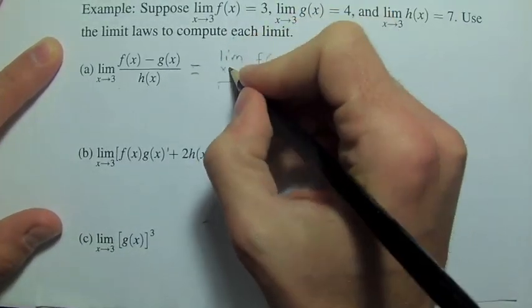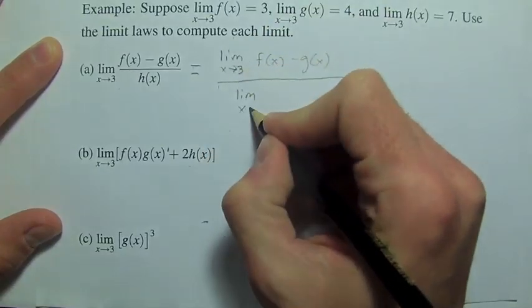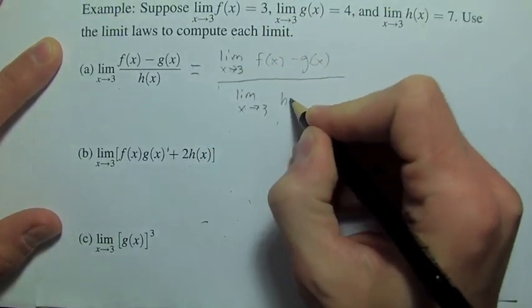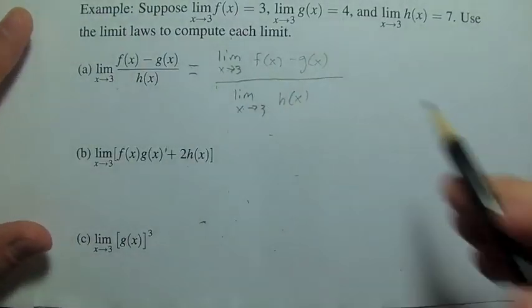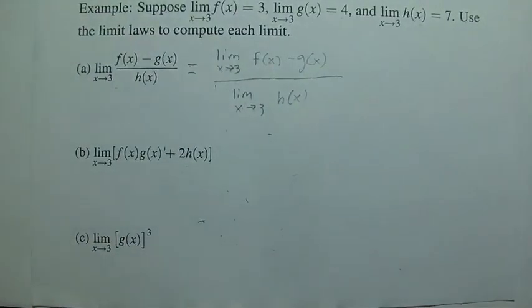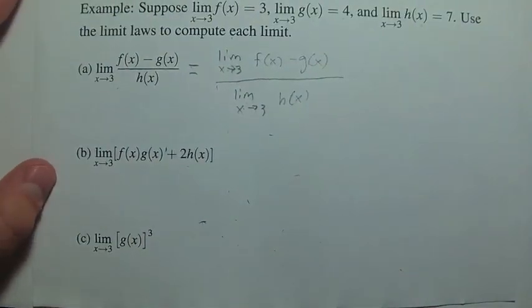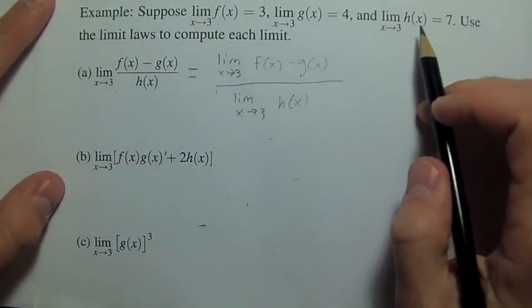Sorry, messed that up. Of the bottom down here, provided that that denominator doesn't equal 0 when we crank out that limit. That would be the big problem. All right, and